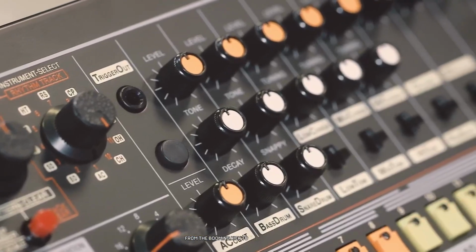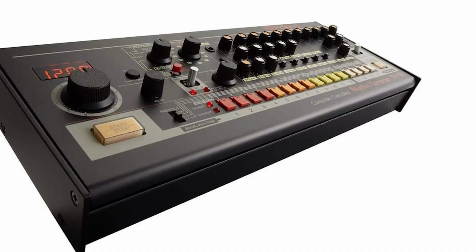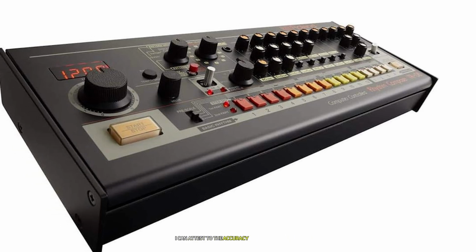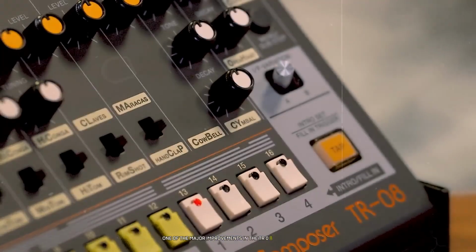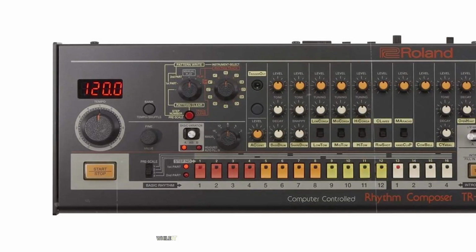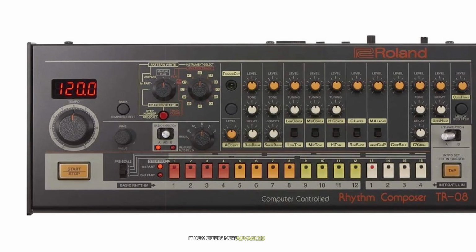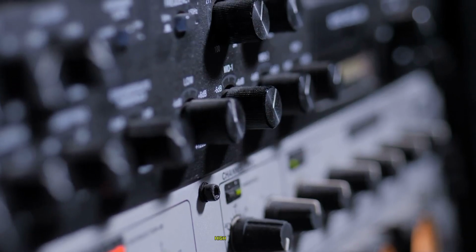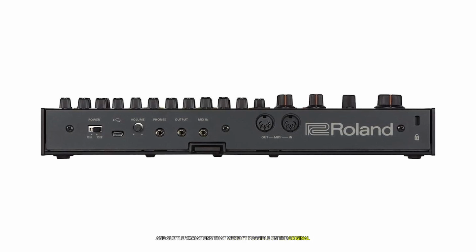From the booming kick to the crisp hi-hats, each sound is a faithful reproduction of the original. As someone who has worked with original 808s, I can attest to the accuracy of these emulations. One of the major improvements in the TR-08 is its sequencer. While it retains the classic 16-step programming of the original, it now offers more advanced features like substeps for creating more complex patterns. This allowed me to program intricate hi-hat patterns and subtle variations that weren't possible on the original